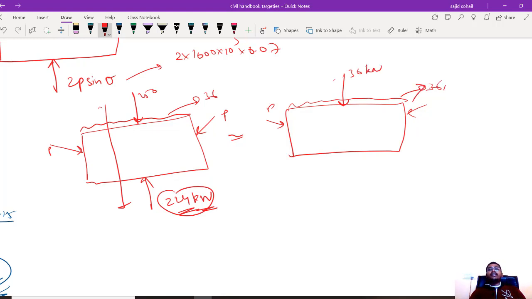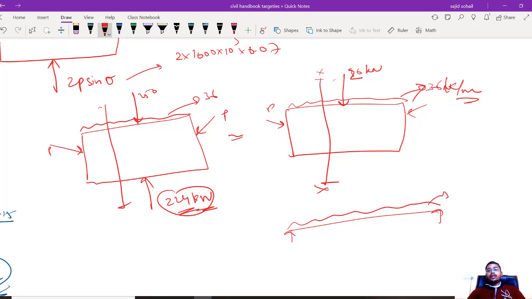So here I have 36 kilonewton per meter, which is UDL, and 36 kilonewton, sorry, 26, right? Not 36, 26 kilonewton point load. That's it. So just find out what is the moment at this point XX for this loading condition. I have a UDL of 36 and point load of 26. Just find out the moment at this section X, 2.5 meters, if the total distance is 6 meters. Just use your SOM concepts.